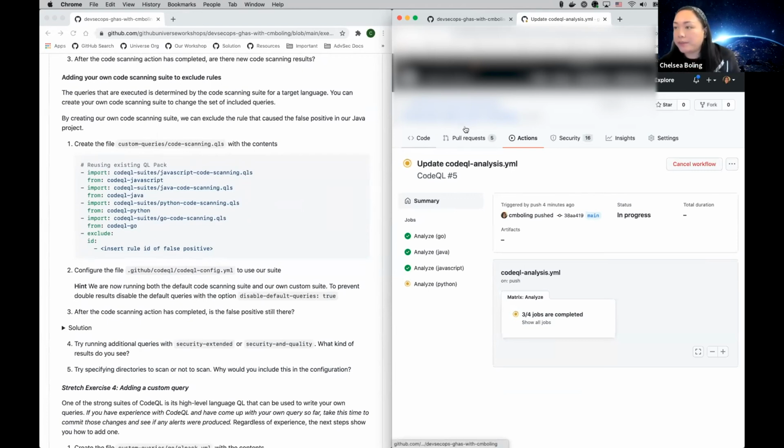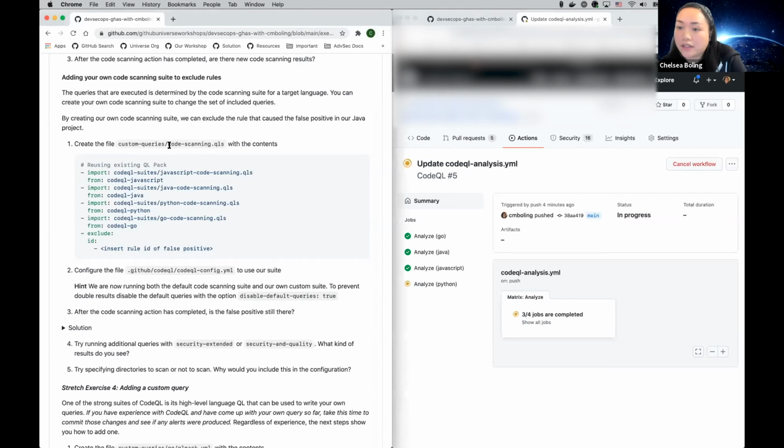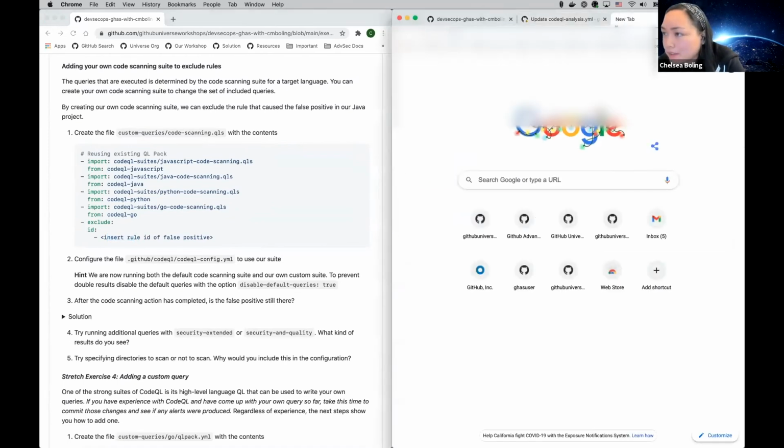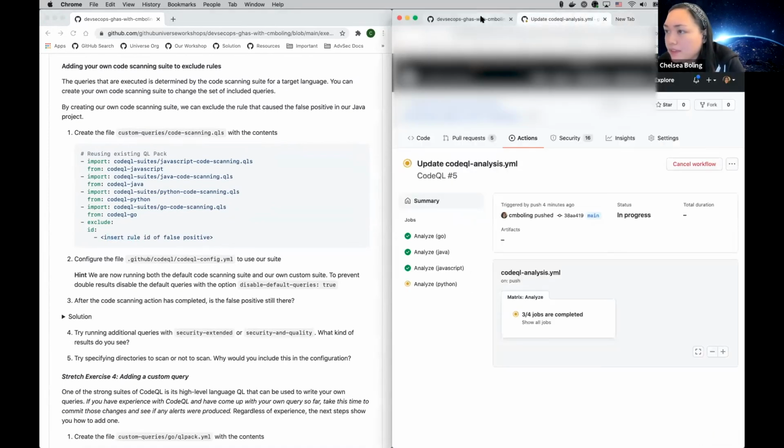What you want to do is create a code scanning query suite under a folder called custom queries, or a different name if you want. And what we want to do is remove or exclude that ID that caused that false positive in our Java project or Java class. So to save some time, I'm going to open up